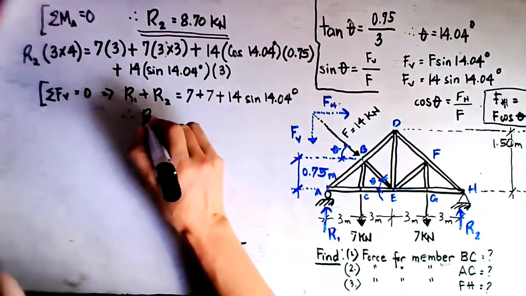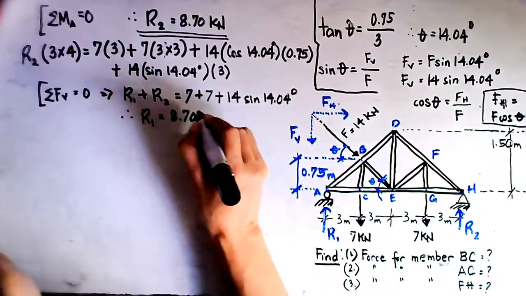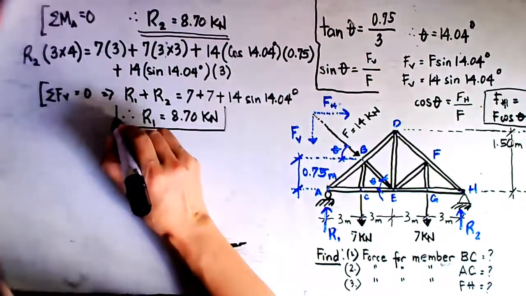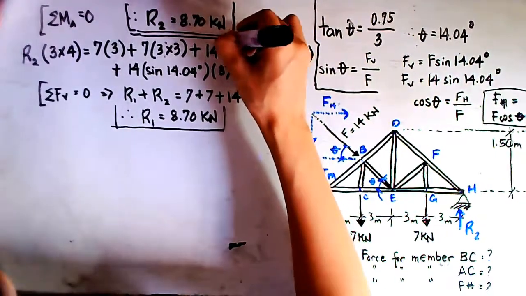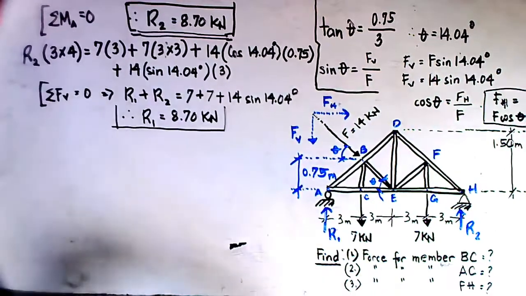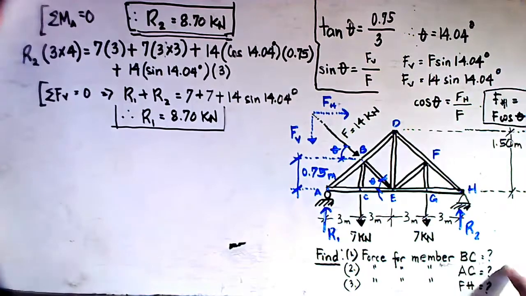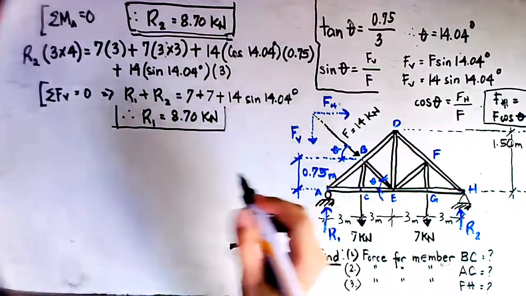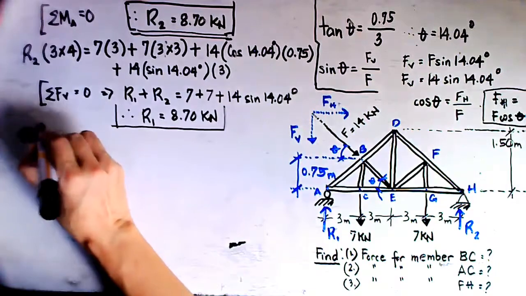That would give us R sub 1 is equal to 8.7 kilonewton also. So once you have identified the reactions, you can now proceed into determination of the force in all of the members. But the question here is we need to only determine the force at member BC and member AC and member FH. So let us try solving for force in member AC. Okay, so the force at member AC,